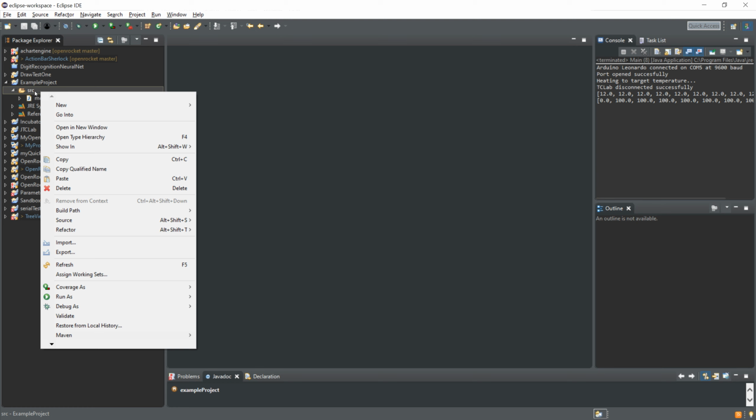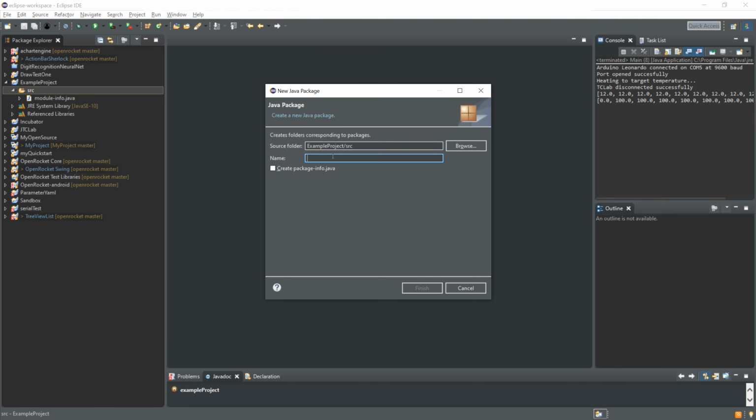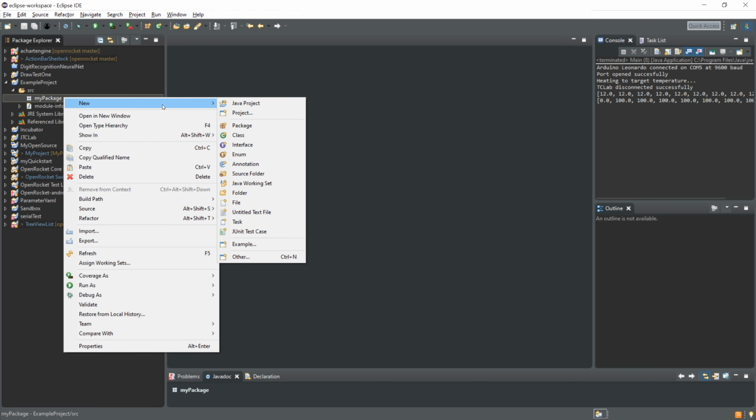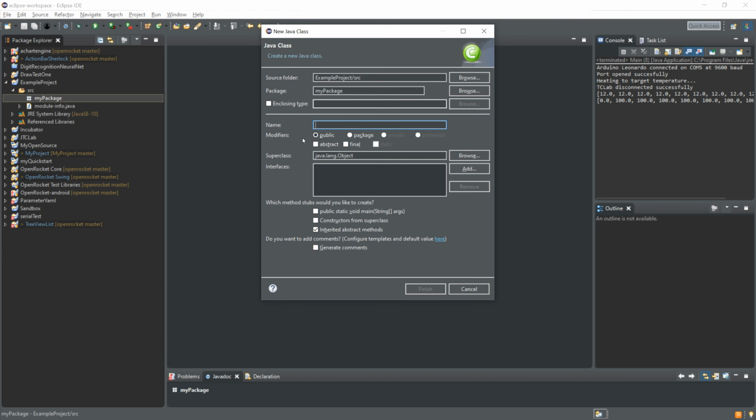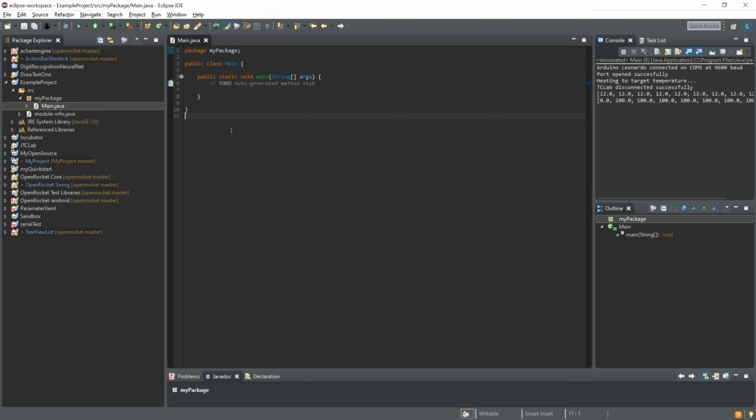Right click here on the source folder and then go to New Package and name your package. Click Finish, and then right click on the package you just made and go to New Java Class and name your class. I'm going to name mine Main Class. Make sure to check the main method checkbox right here and click Finish. And now inside your main